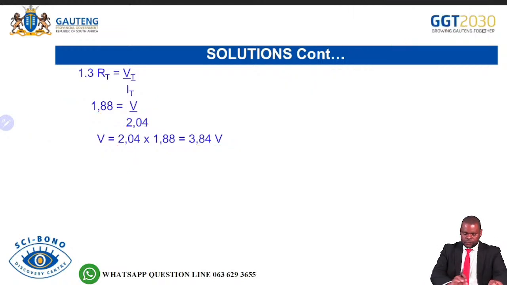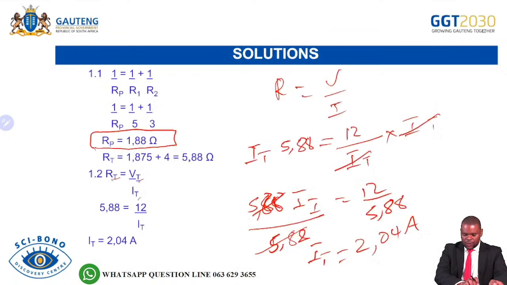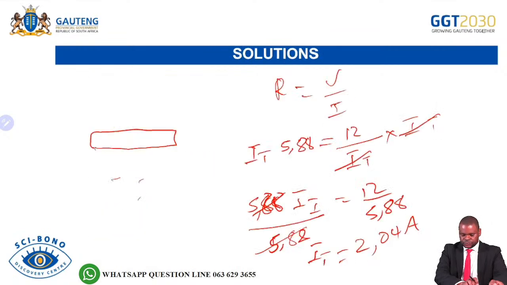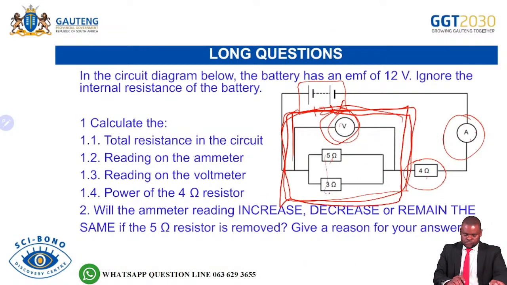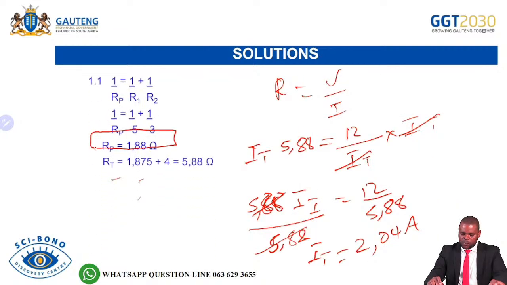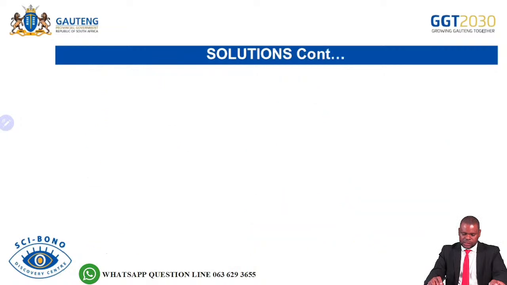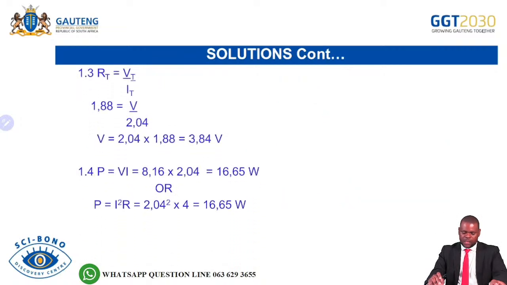Now, our last question says, calculate the power of the 4 ohm resistor. Calculate the power of the 4 ohm resistor. This is power. Our power is equal to VI. Then we have 8.16 multiplied by 2.4, which gives us